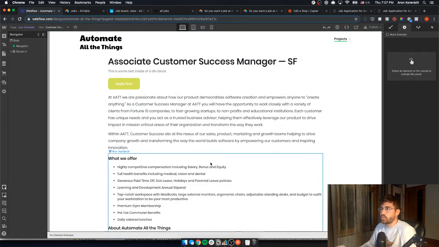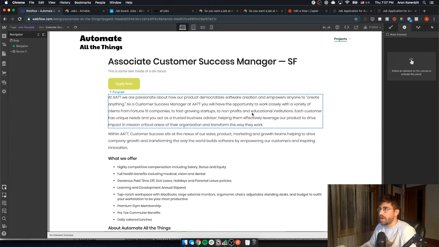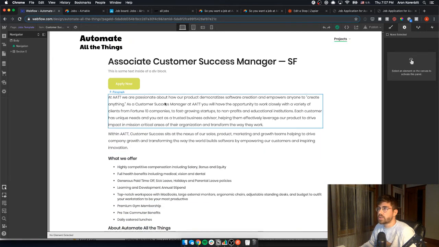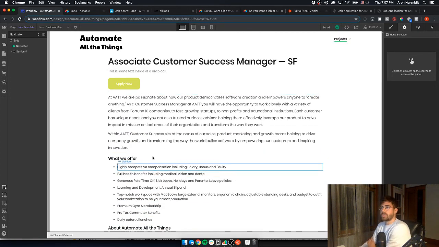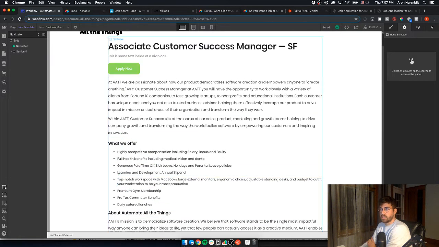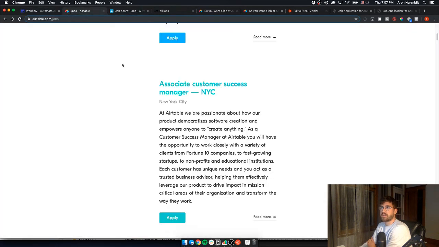Now, I've already done some work here around just structuring this page. So what I've done is title, they're not linked yet, but I've gone ahead and made the page at least. Apply now, that was weird. Apply now, which when clicked will bring you to the form, which we'll do here. Some text, this is text that's always going to be the same. I just took pretty much the same text that was